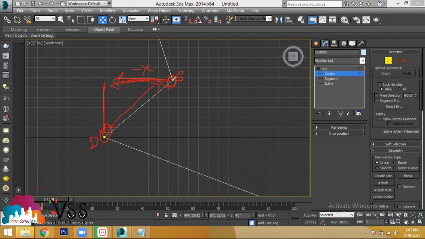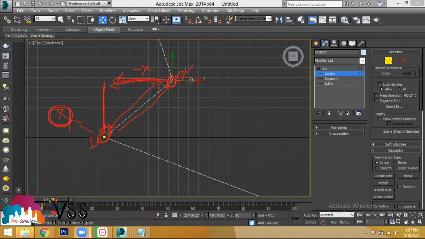Then what to do? What is the destination endpoint for this line? This is the destination endpoint, right? Now what you have to do? Select the destination endpoint. Now do we copy X or copy Y? X. Copy X because you are moving the source in the X direction. So copy the X position with Control C and select the source object and paste that X position. The X that was copied from this has to be pasted into the source that you want to move to make the line straight.